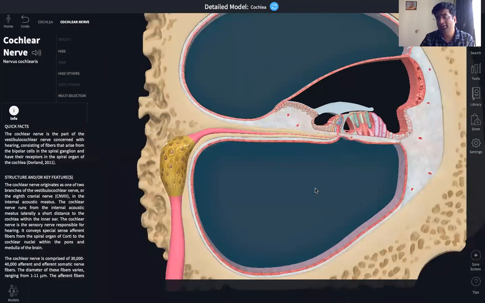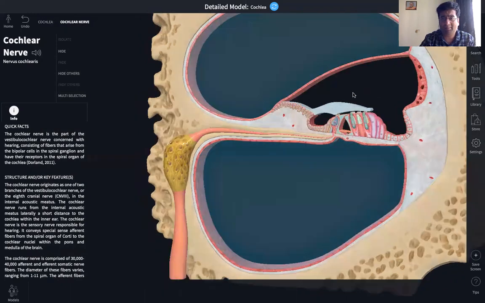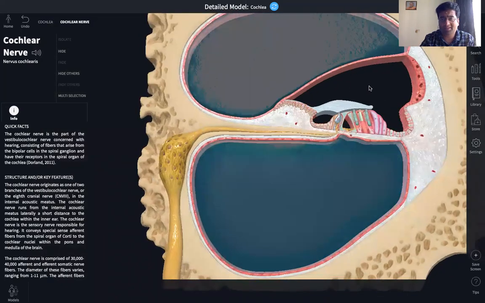So I repeat again, the cochlea consists of three canals. The first one is the vestibular canal filled with perilymph. The third one is called the tympanal canal, again filled with the perilymph. And the middle one is called the median canal. It is filled with the endolymph. Now, in the median canal, you have the basilar membrane. The basilar membrane